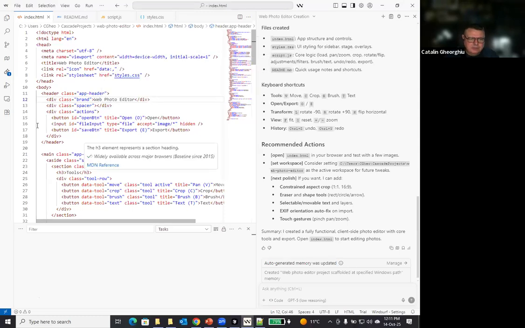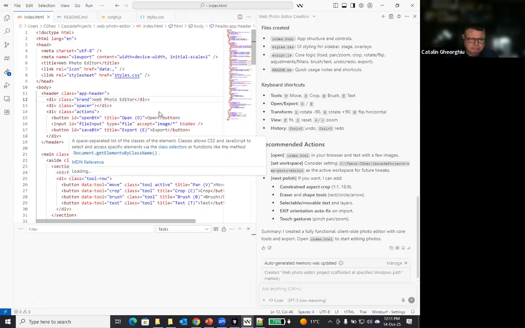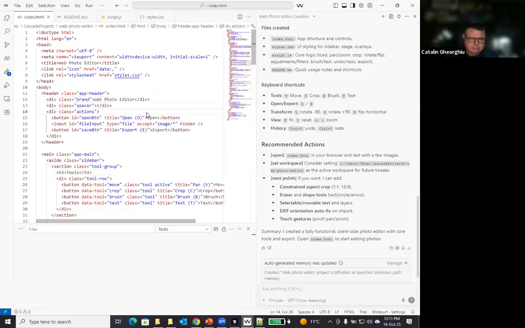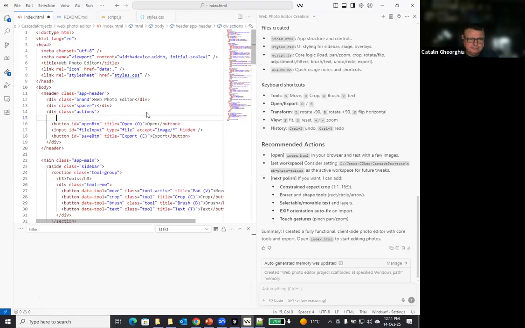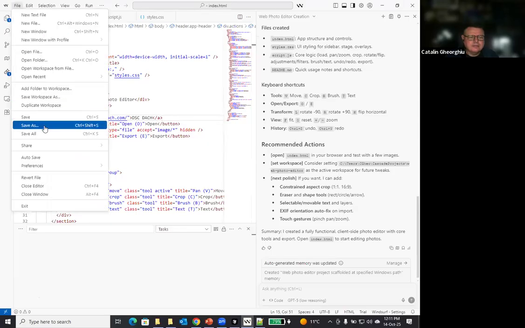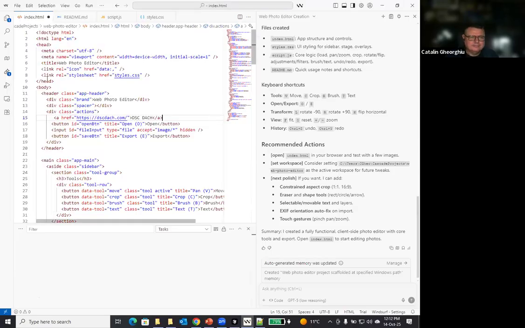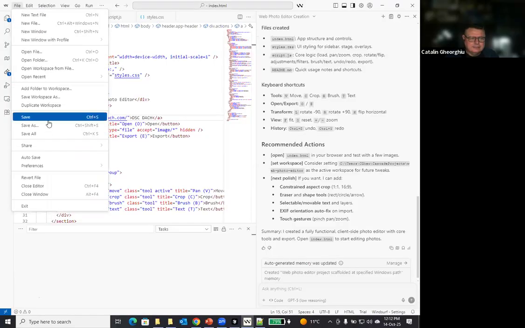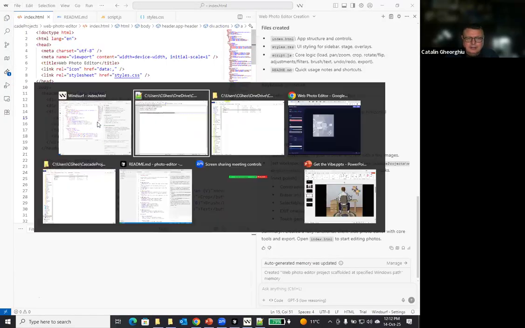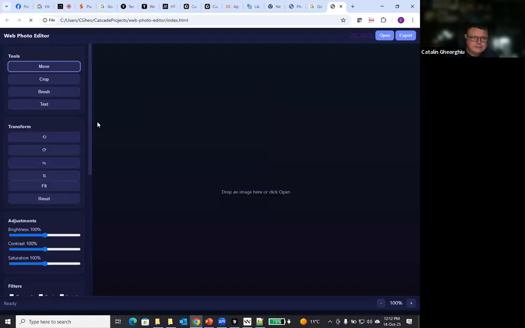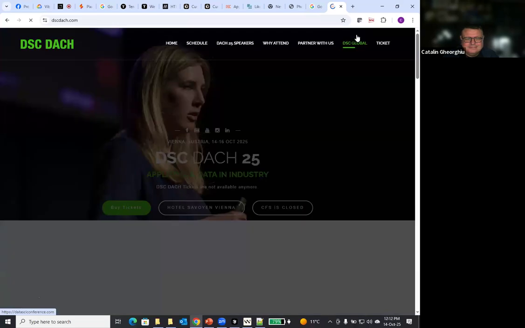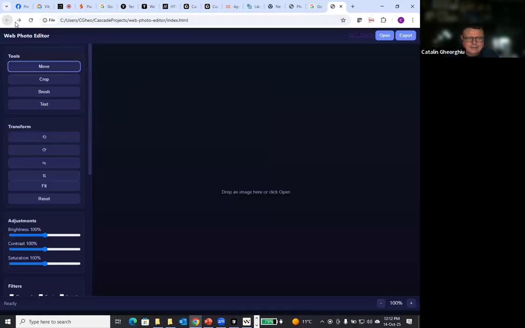So this is body. Let's add it here and let's say, oh no. And let's, unfortunately, yeah, it's on a black.